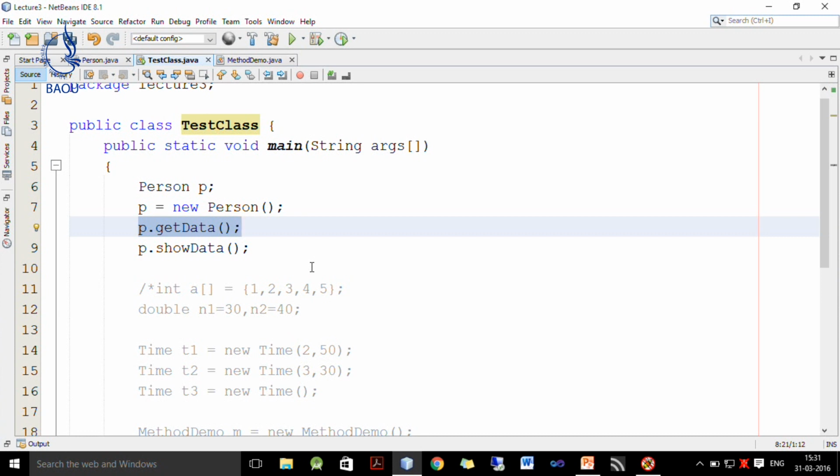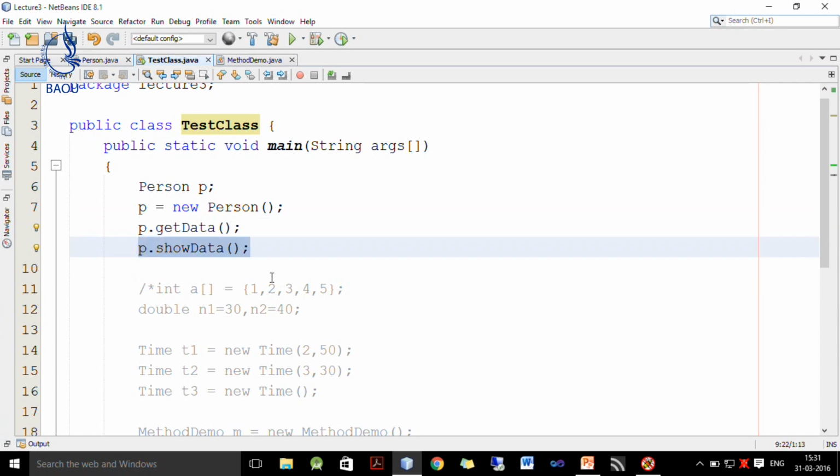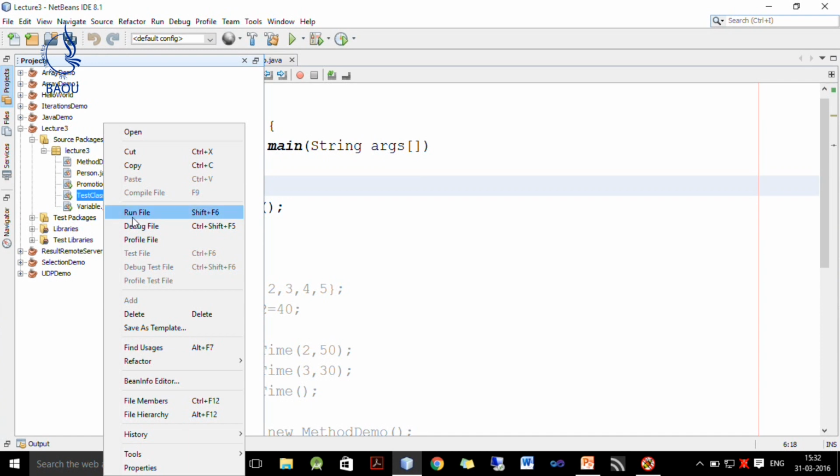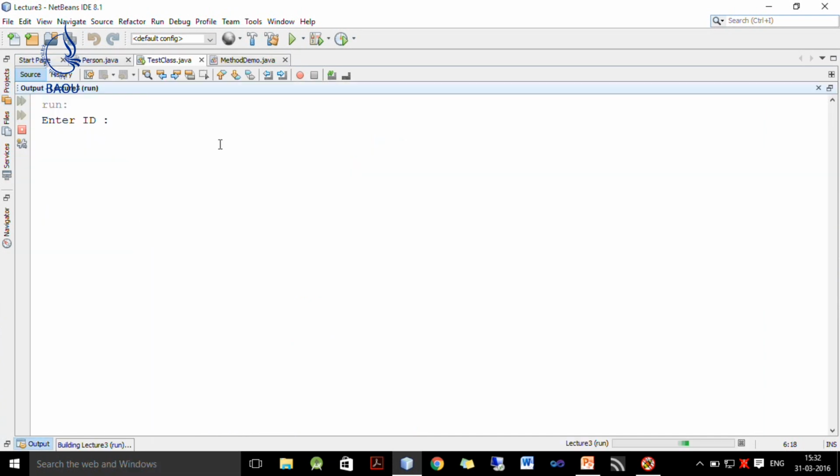If my object name is X, then I write X dot get data, and once this data is read, I want to display that data. So, I call P dot show data. So, let us first test this person class. Right click on it and select run file. It is asking for ID, then age and then name.